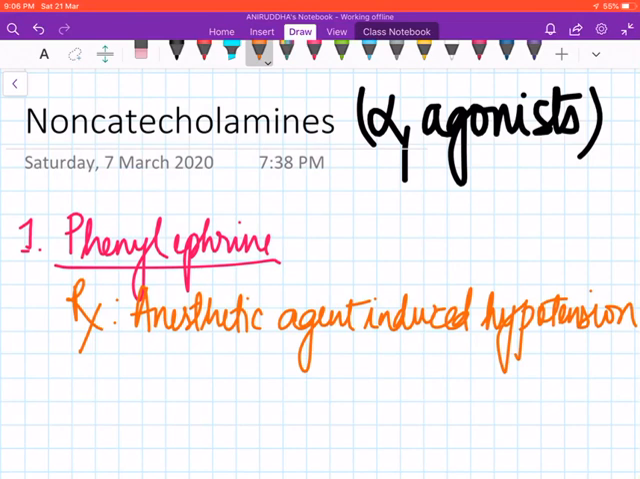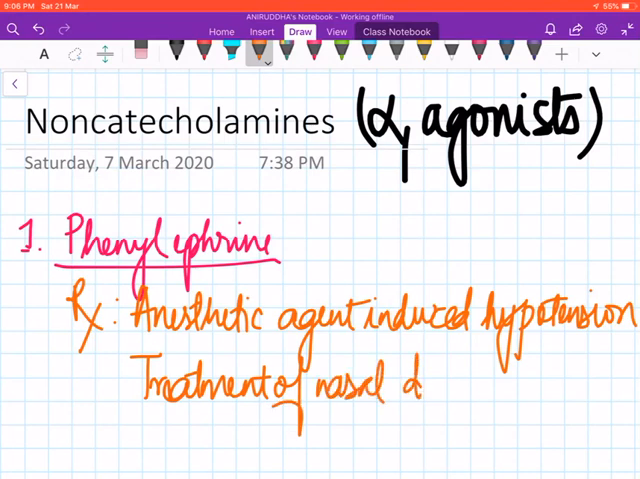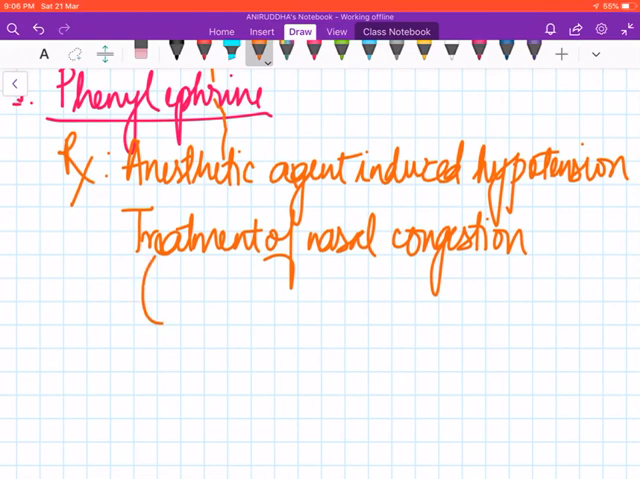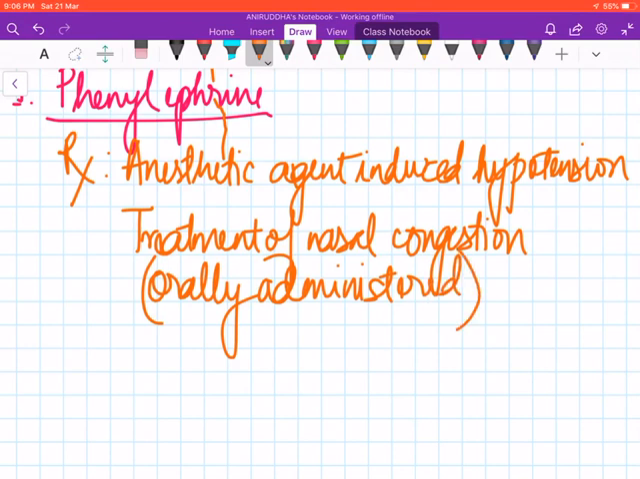it can be also used for the treatment of nasal congestion. So it is actually an orally administered nasal decongestant. This is important because two questions regarding nasal decongestants may be asked. One is the topically acting nasal decongestants, which are also alpha 1 agonists, and the orally administered. So one of the orally administered nasal decongestants is phenylephrine,